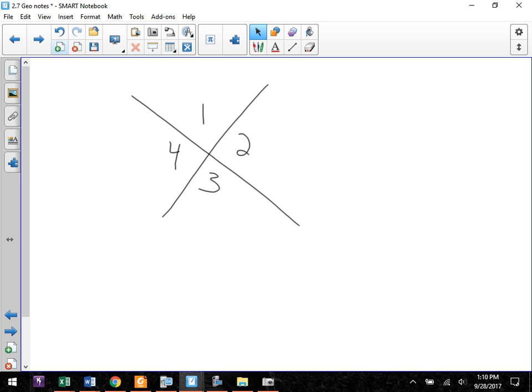Okay, that's what I was looking to see here, because they don't necessarily add to 360. Each vertical angle, these two are vertical angles, but they don't add to 360. They're just congruent to each other. Vertical angles share a common vertex, and their sides create opposite rays. Now, when you have